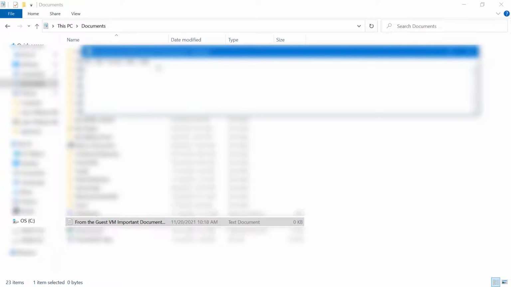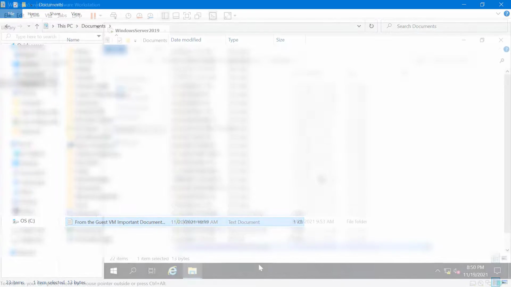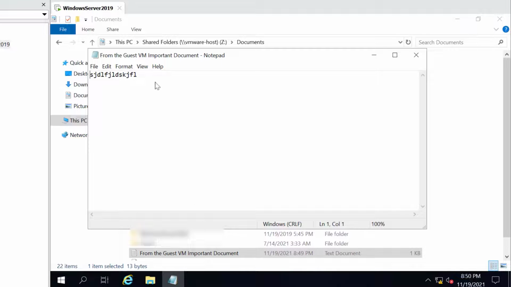I'll open it up and make some changes and save it. I'll go back to the virtual machine and open up the same document, and you can see the changes which I made to this document on my host OS. So in any virtual lab, file or folder sharing is